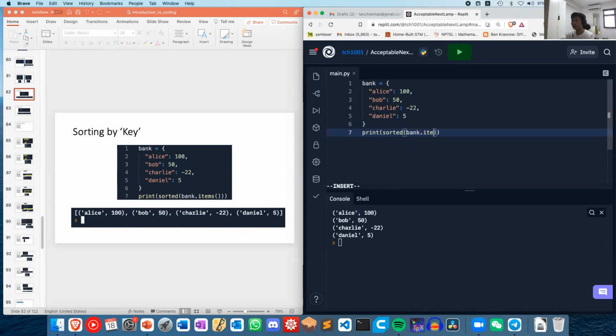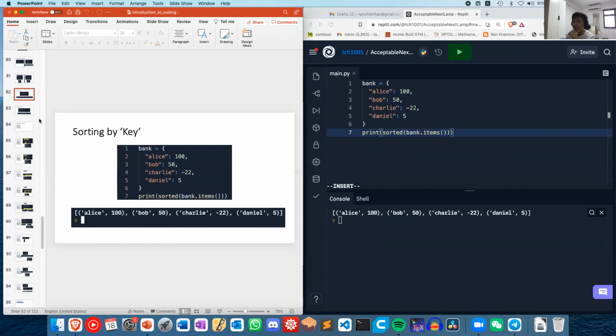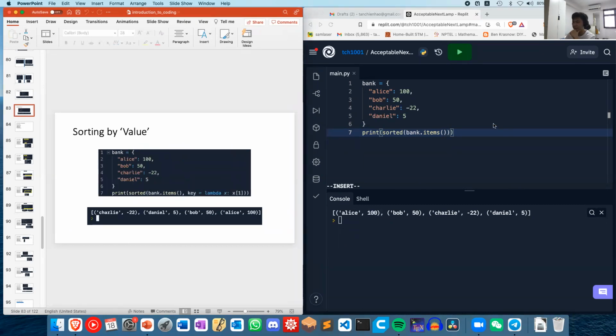So you go ahead and try print sorted. I pass in blank.items, then I'm going to see something is wrong. Oh, blank.items with a round bracket because I'm calling a method. Then I'm going to see Alice, Bob, Charlie, Daniel. So this sorts by the key. Then if I want to sort by the value, for example, to go minus 22, 5, 50, 100, then I'm going to need to pass in something else into the sorted function,